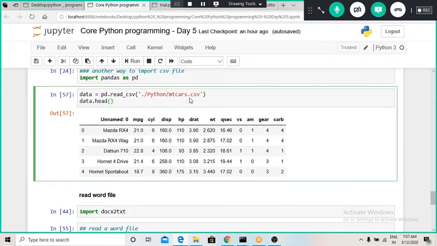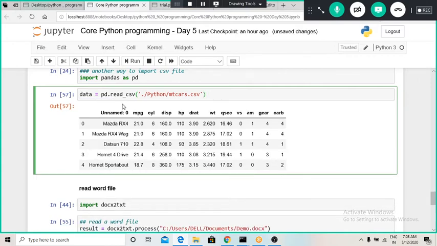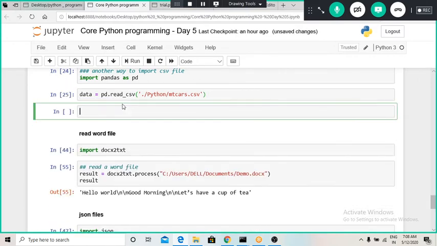When we are using read CSV, we just have to run this command, and the library will import and load that data into our Python shell. We can assign whatever has been imported to a variable named data. The variable type of this data will be a Python data frame. So let us see what the variable type of this data is.